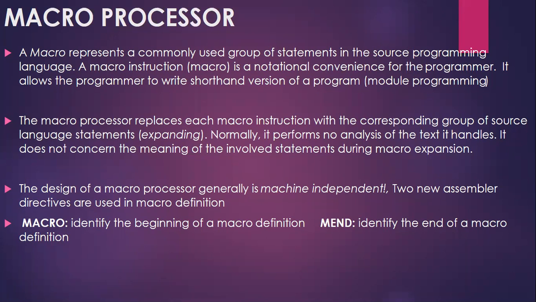Before I move on to the related topics regarding the macroprocessor, it is the same as the subroutine. Whenever we have a task to be achieved, we just call it. But here we have some difference. In case of a subroutine, we will be managing the program separately, however many number of times we call it. The resultant or the return value only will be utilized in the programming. We need to pass the parameter for the subroutine. According to the subroutine logic, it will generate the result, and that result will be sent back to the main program, and later the execution continues.